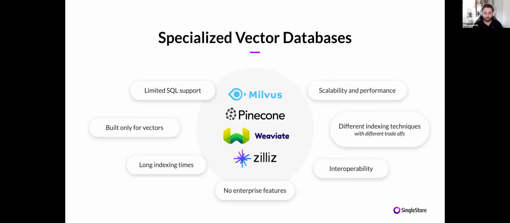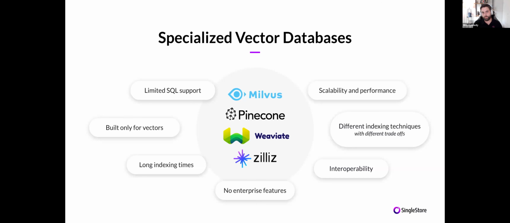So there's limited SQL support. They're built only to store those vectors and their associated metadata. They do take a long time to index. They don't necessarily have enterprise features such as scale out, HA, backup and recovery. Some of them have scalability and performance issues,